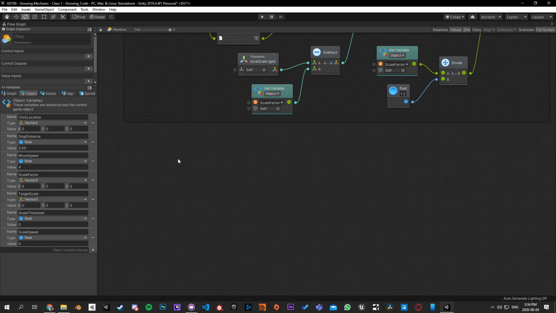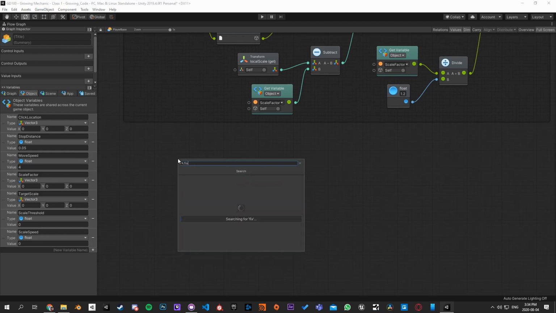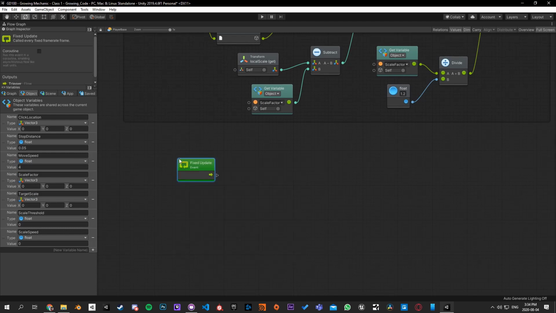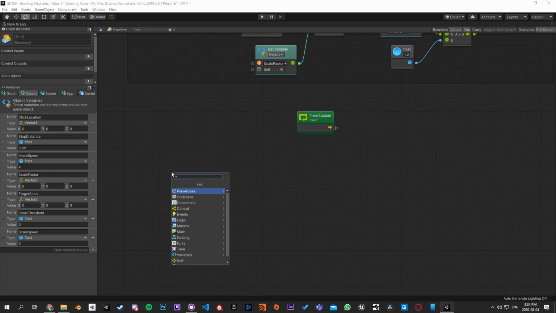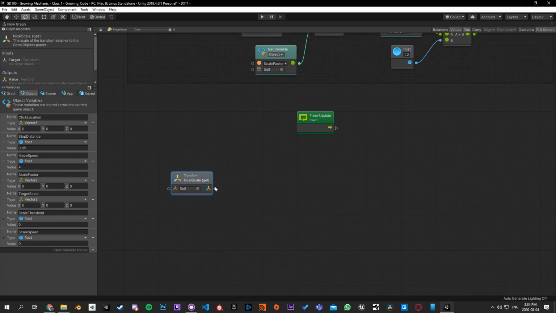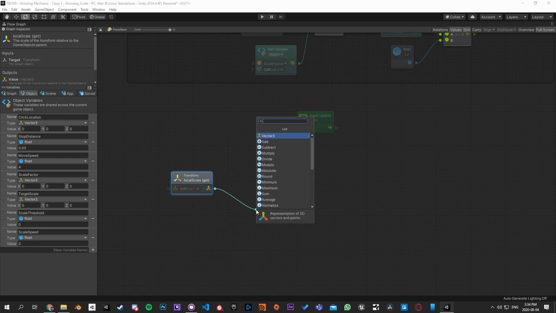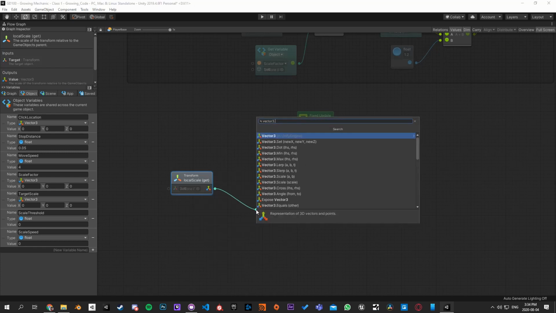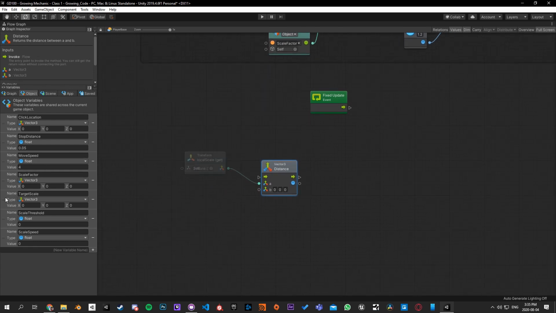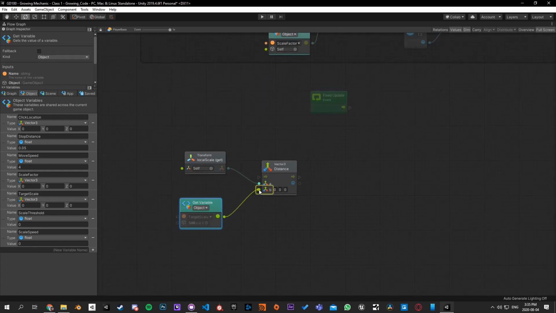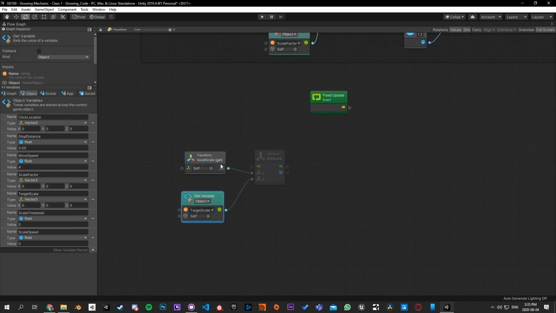Okay, so to start the scaling, we're going to add a fixed update. And basically what we want to do inside this is, again, start with our local scale, get that, and we want to get the distance between that and our target scale. So we can just drag that out. Okay, and then we want to check if